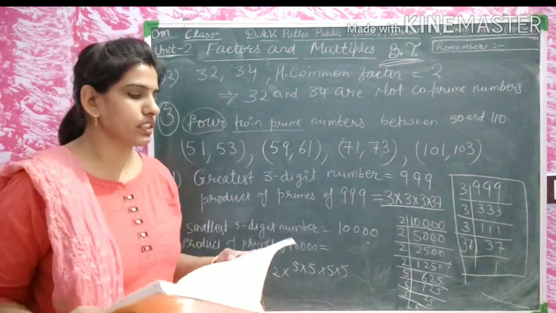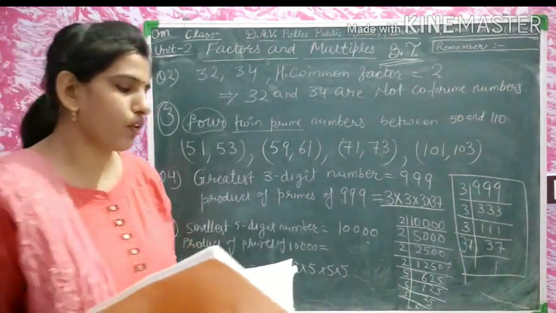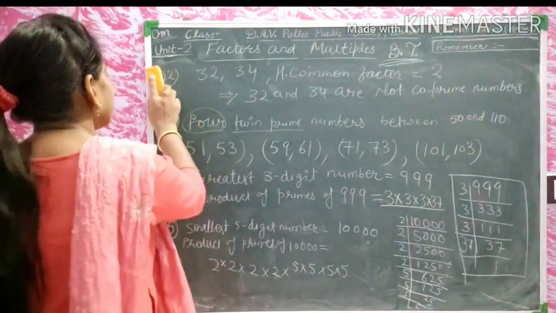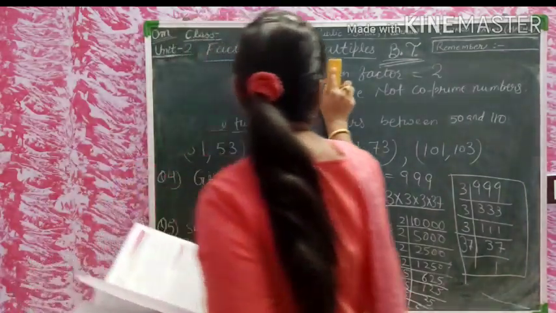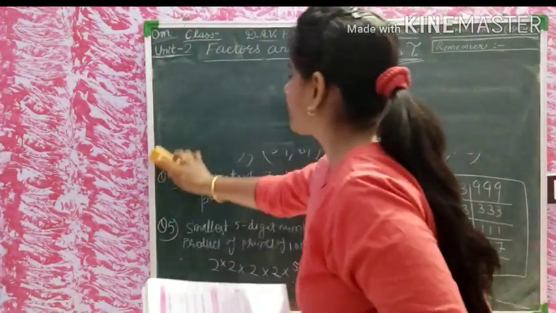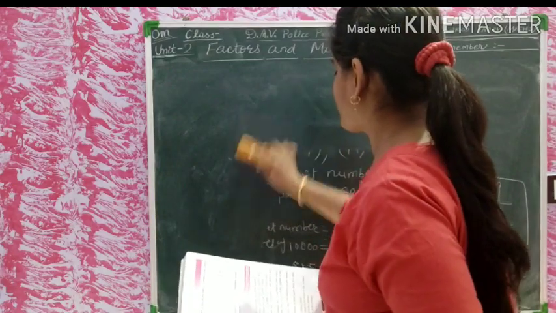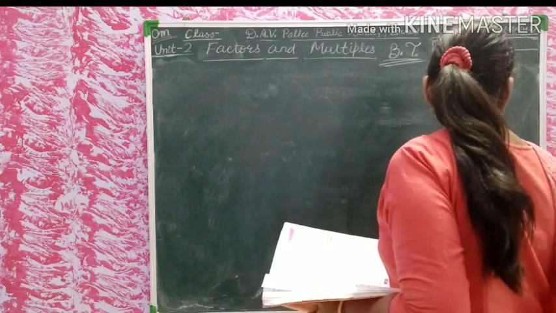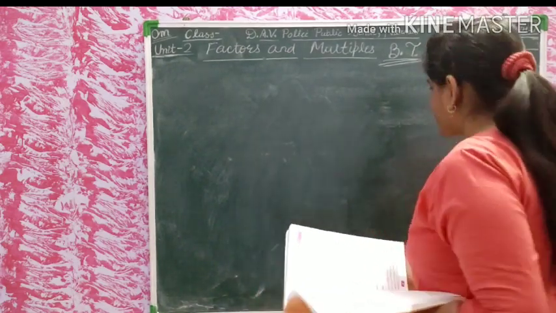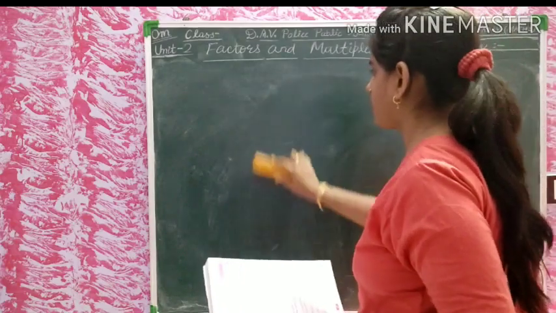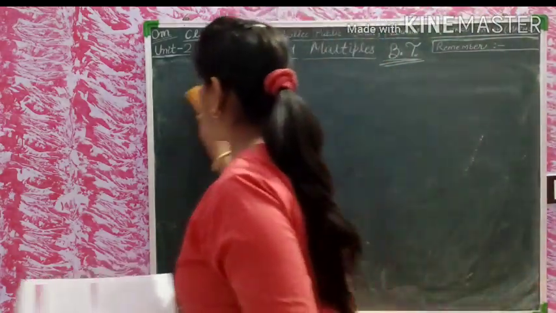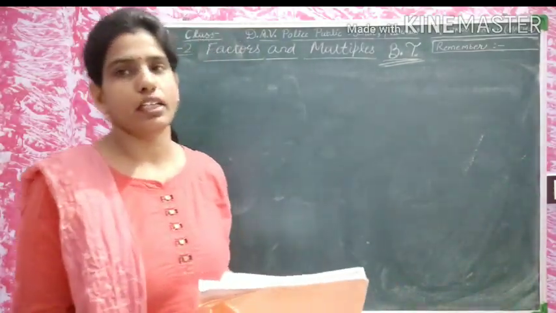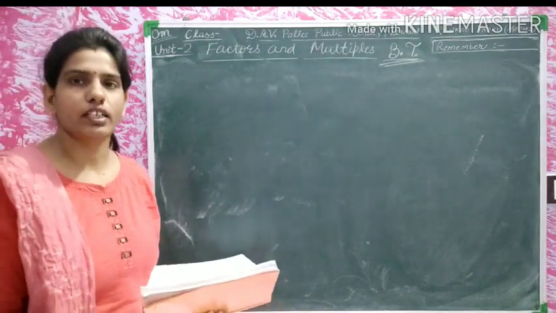In question number 6, it is asking to state which of the following numbers are divisible by both 3 and 9. It means we have to divide this number by 3 and 9 as well. What is the condition to divide any number by 3? Yes, divisibility of 3 and 9 we have done already. Both are the same here: we add the digits of that number, and if the sum is divisible by 3 and 9, it means the number is divisible by 3 and 9.